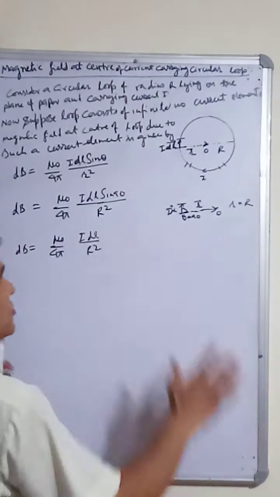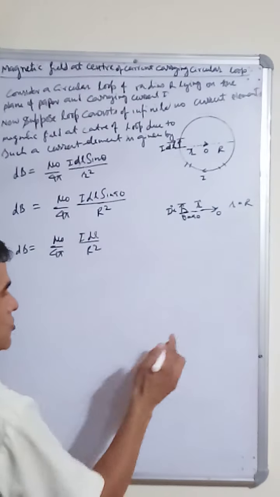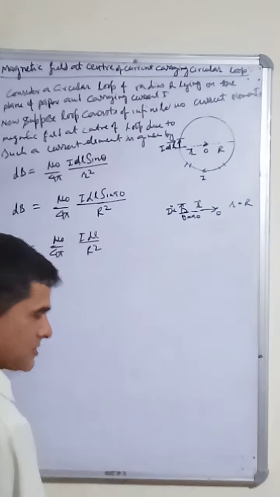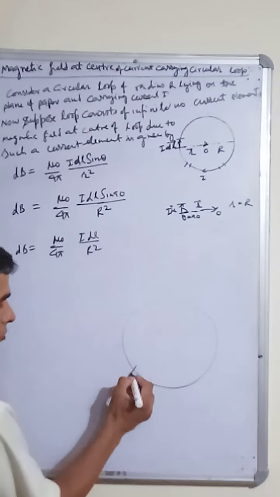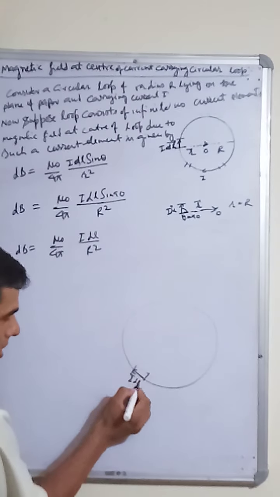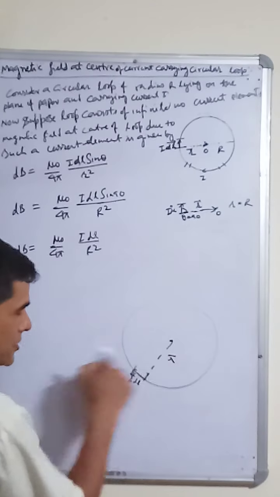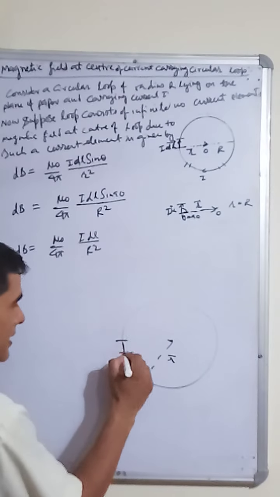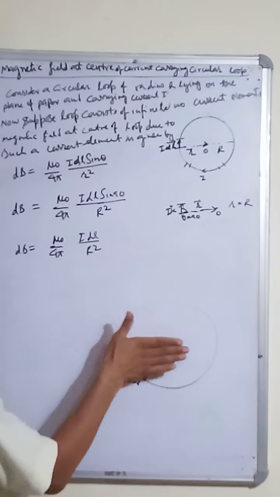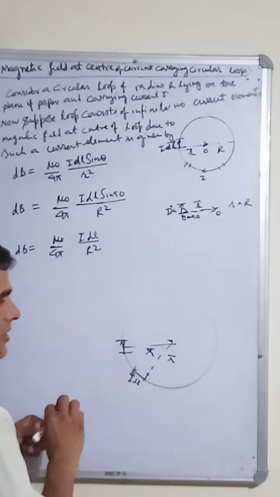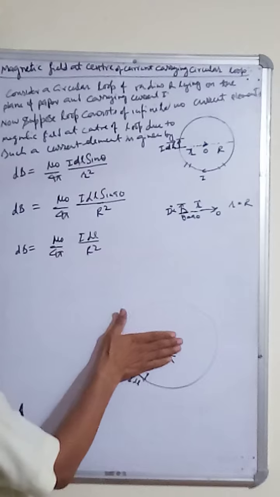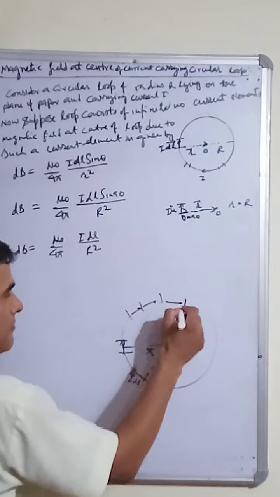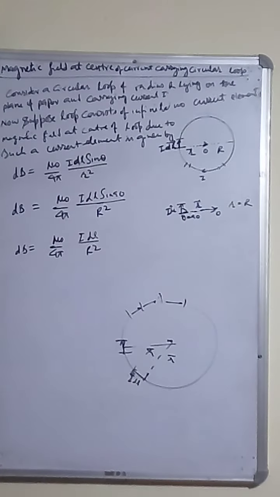We also see the direction because of all elements. This is our circular conductor. If you take this infinitely small current element, this is I dl and this is r, so the magnetic field will be perpendicular to the palm, inward. Now take another element, this is I dl, this is r towards the point where we are finding the magnetic field, again it is inward. If you take any current element over it, the magnetic field due to that element will be inward. So all magnetic fields are inward, and it will be additive.